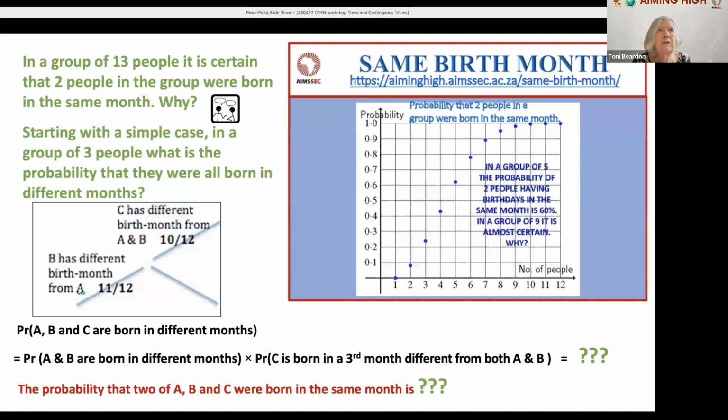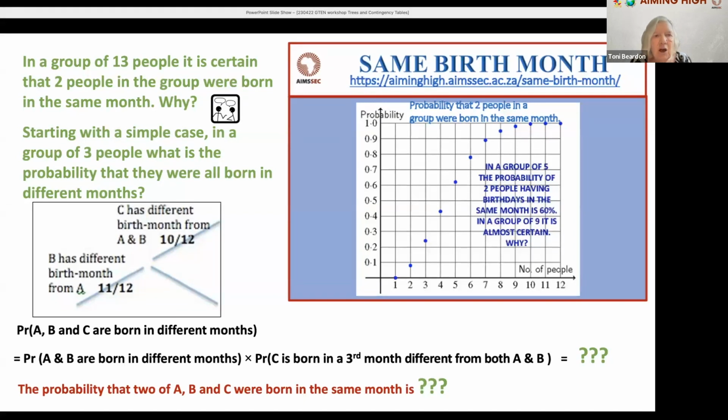If she was born in the same month, that was January, we know her birthday. So the probability that the second person has a different birthday from the first is 11/12,